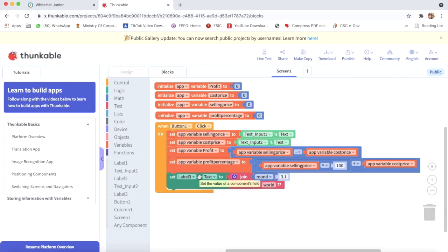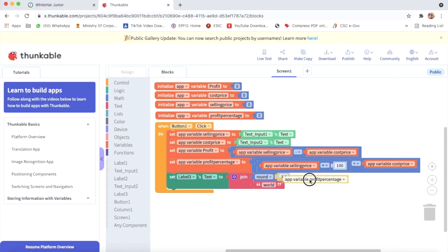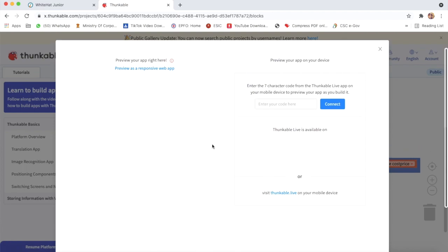Then I will go on variable and take app variable profit percentage and attach it here, and then I will add a percentage sign. Yes, so now our coding is done. Now we will click on live test to check whether our app is working or not.